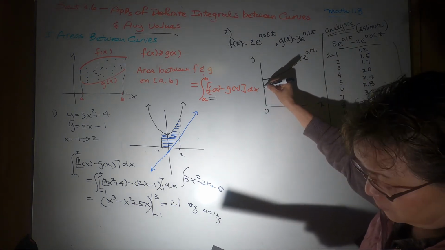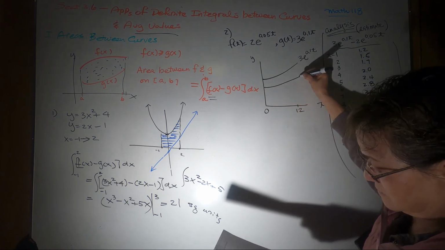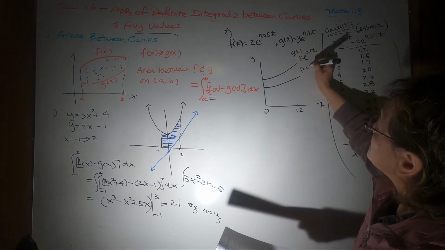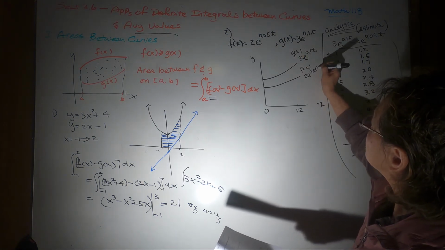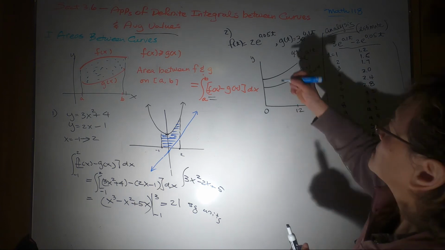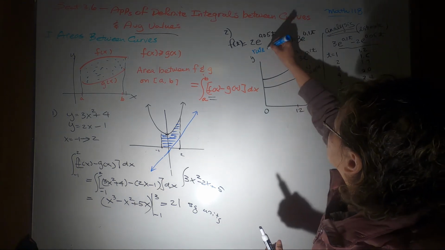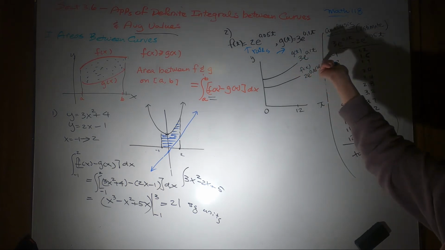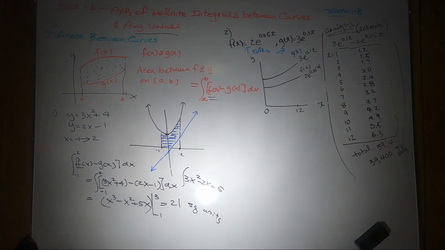Okay, then your f of t, that's your g of t. So f of t is this one, 2e^(0.05t). Okay, then we say those are rates, rate for both of them. That means the changing rate is not the total. If it's total, you just subtract them, you find the difference, right? Then the model is telling us,